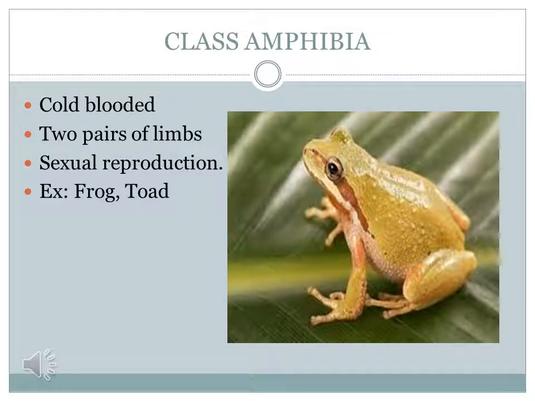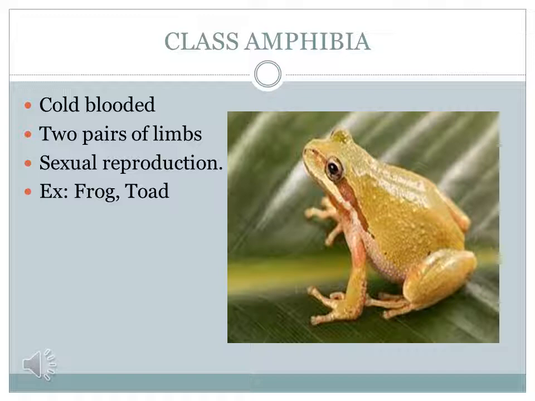The next class is Amphibia. The organisms belonging to the class Amphibia fall under the Chordata phylum of the kingdom Animalia. These are multicellular vertebrates. These can live both on land and in water. Their body is divided into head and trunk. The tail may or may not be present.